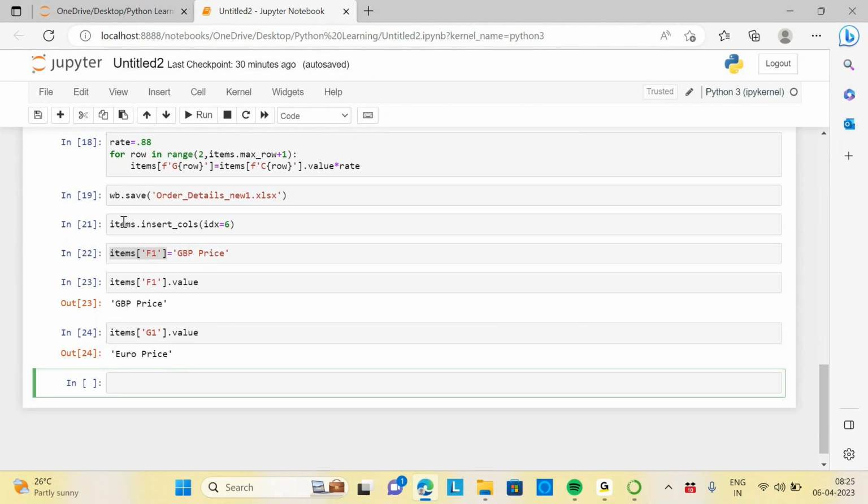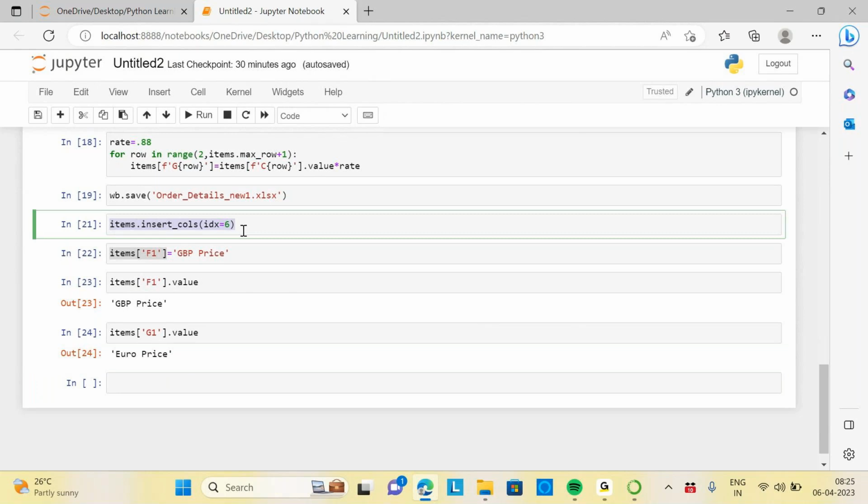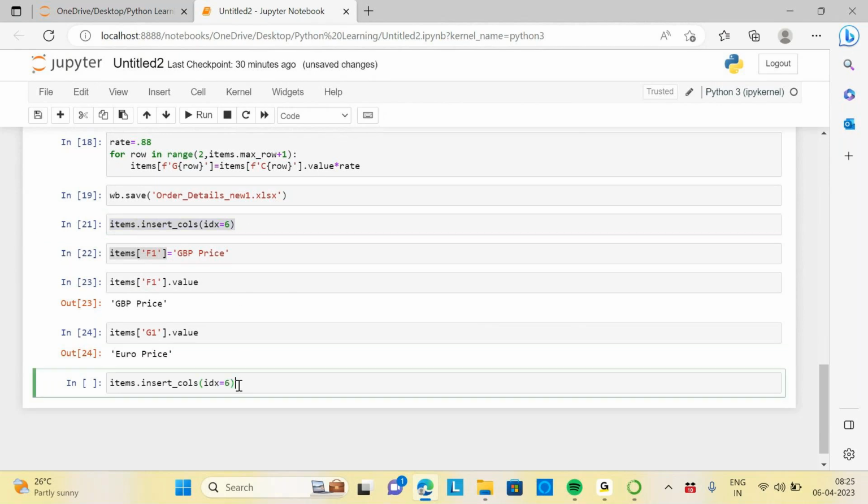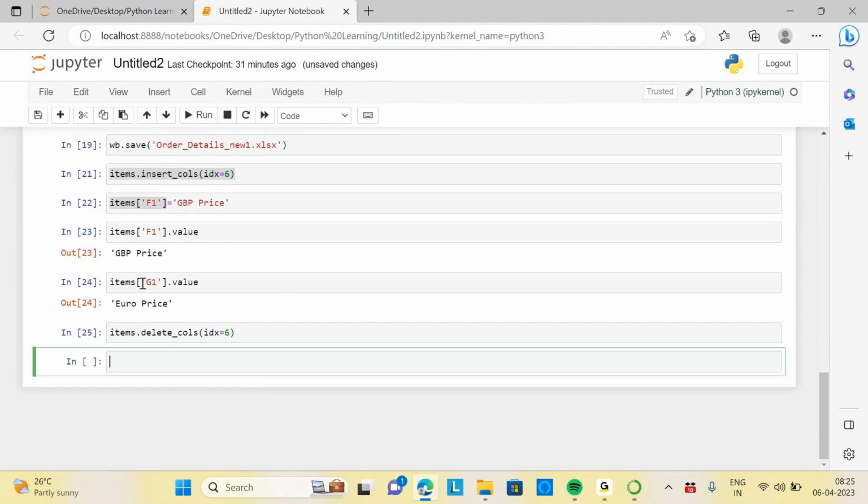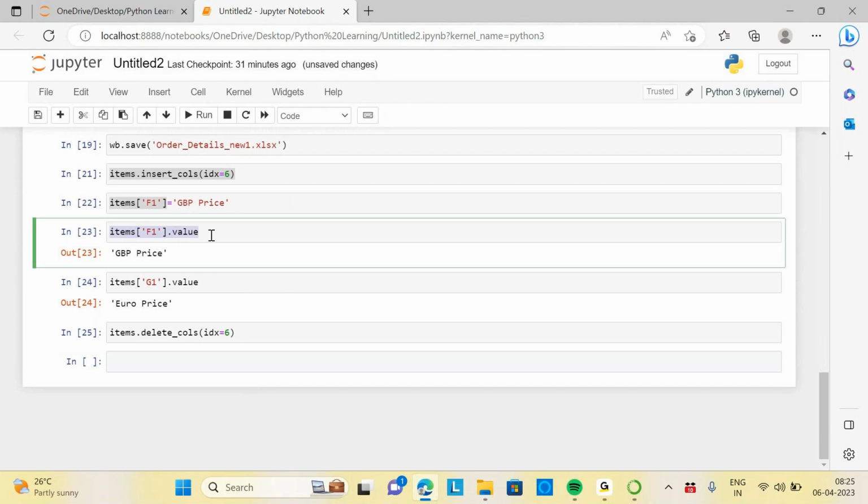So the same way you can say delete. If I say items underscore delete columns. Now under the sixth position right now, I have GBP price, and the seventh position, it will be the euro price right now. Now if I delete the sixth index column, then if I say items dot f1 dot value,